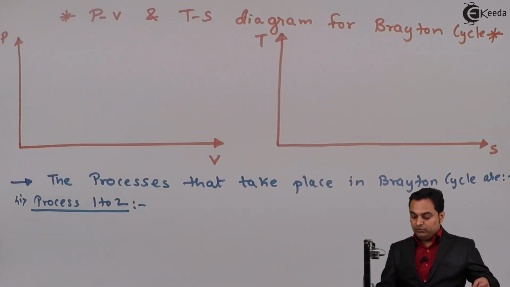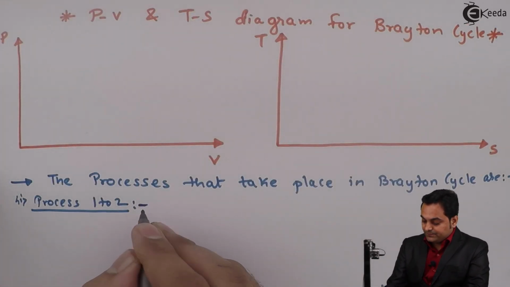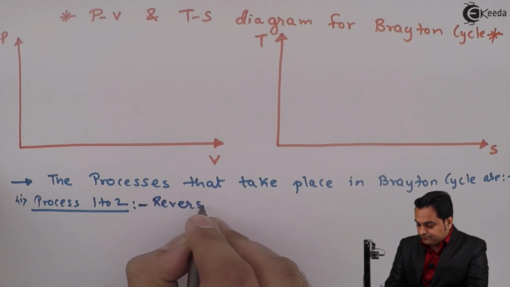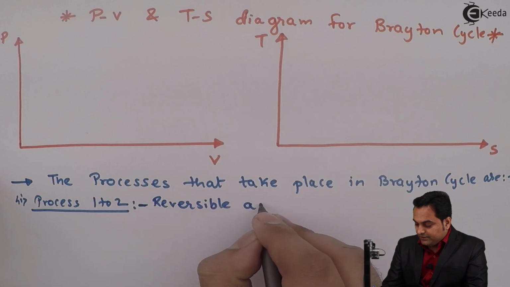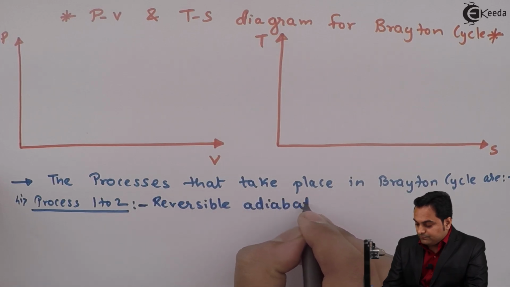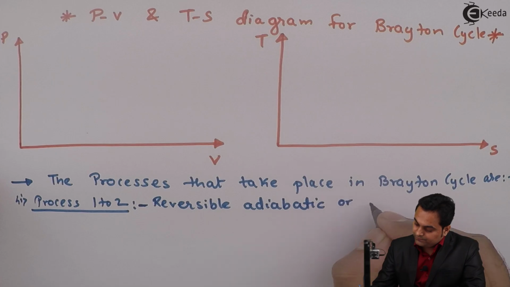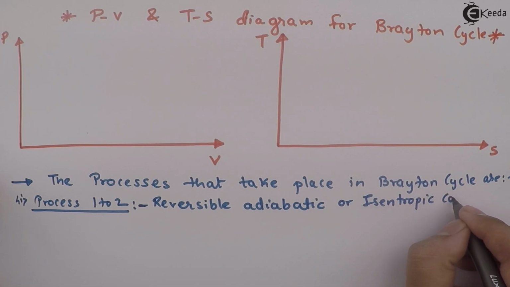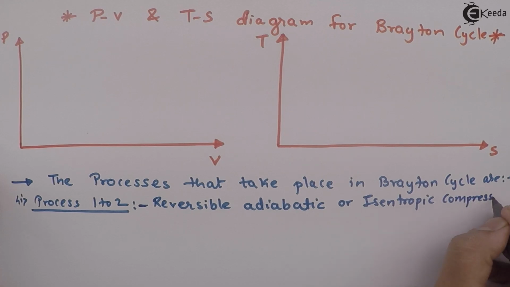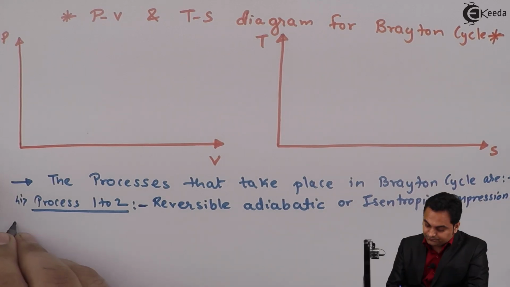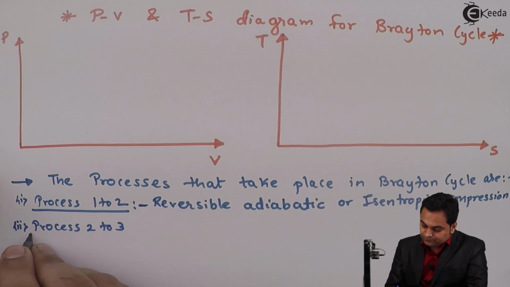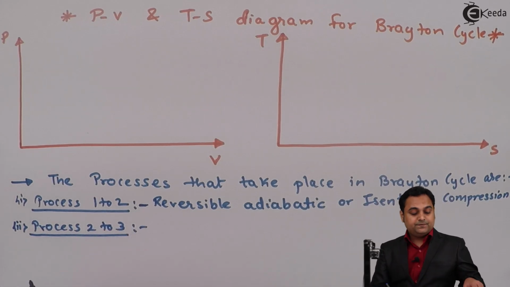So from 1 to 2 I can say that it is reversible, adiabatic or isentropic compression. Next, process 2 to 3, it is